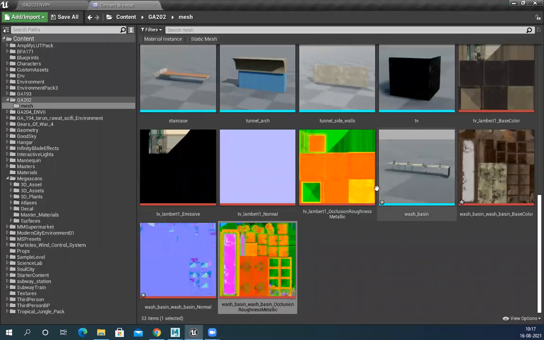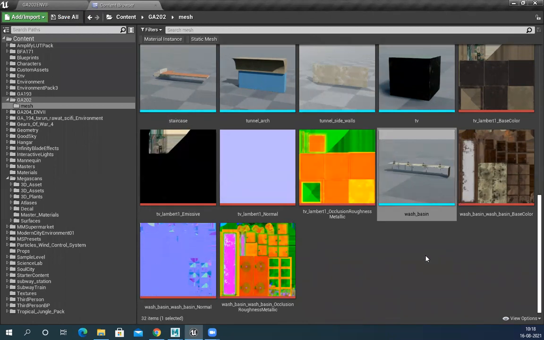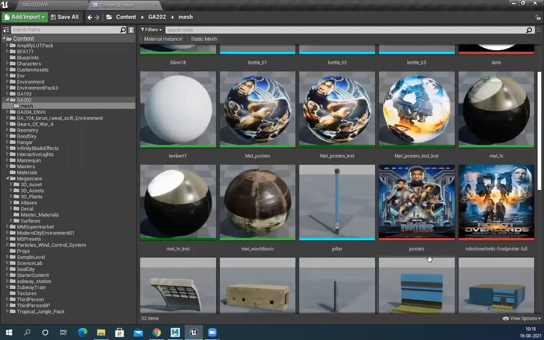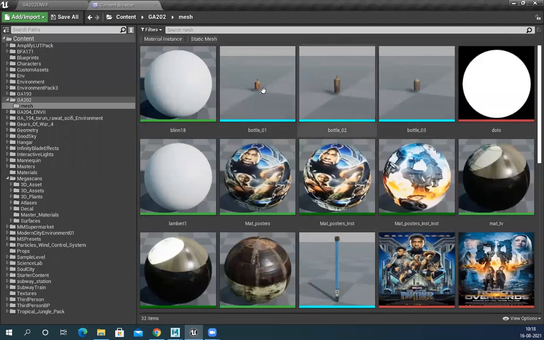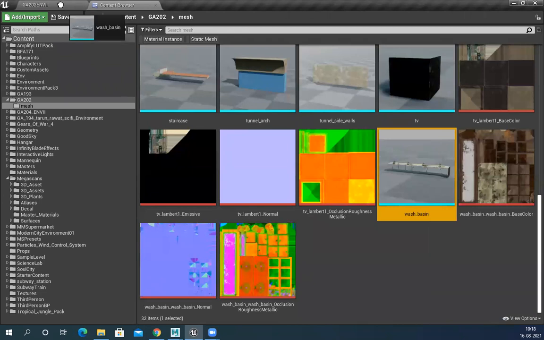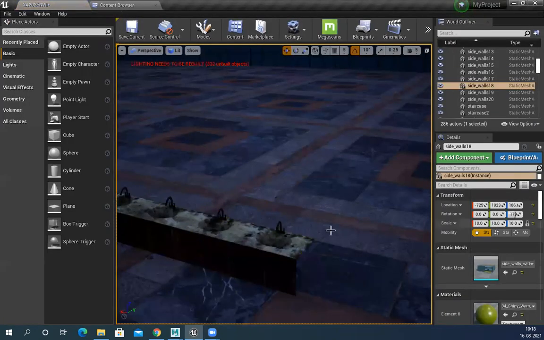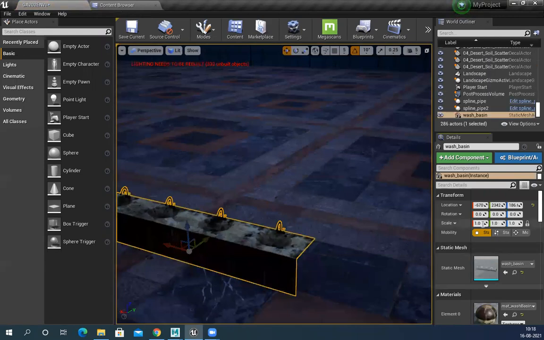Okay, now I need this file. Let me save all this. And the same material is already applied to all, see, automatically the same materials. I'll select this one. I want to place it here. Ten times the scale.